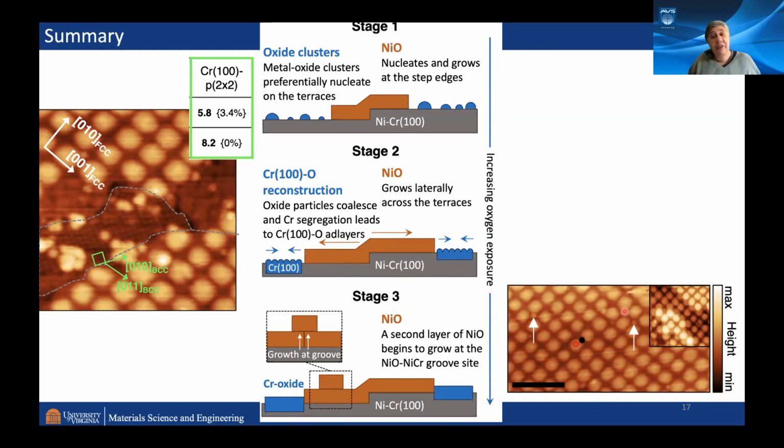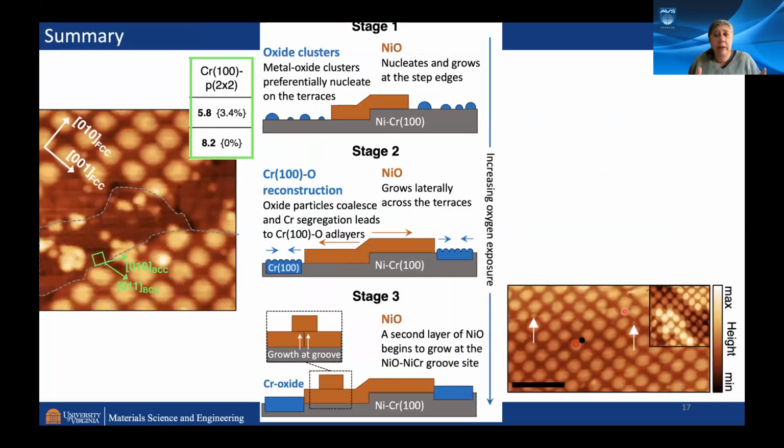Okay, so this is a lot of information from STM studies. Let me point out, we don't have the answers for everything. And the reason is the complexity of this oxidation system. And that has also been seen in STM observation of steel oxidation, or the observation of aqueous corrosion with some electrochemical STM probes.